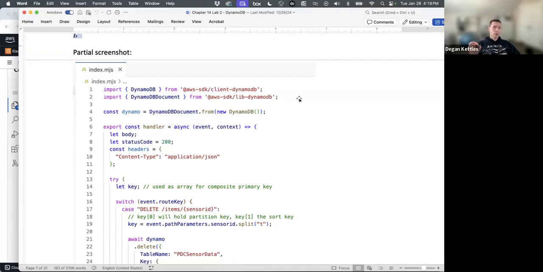If you want to use JavaScript or Node to interact with your DynamoDB table, then you need to just go out there and Google the AWS SDK, and there'll be a section on there for all of the commands, all of the function calls that will interact with DynamoDB. So I've done a lot of the work for you, but this is not like a learning how to program class right here. This is a little bit of hand waving as I've already done the work for you,